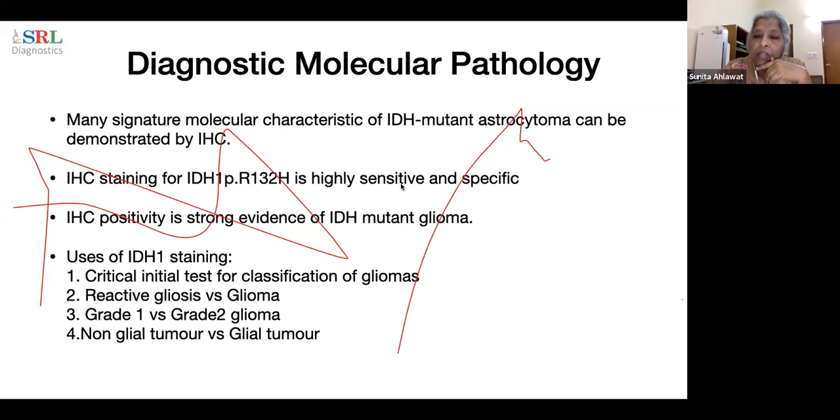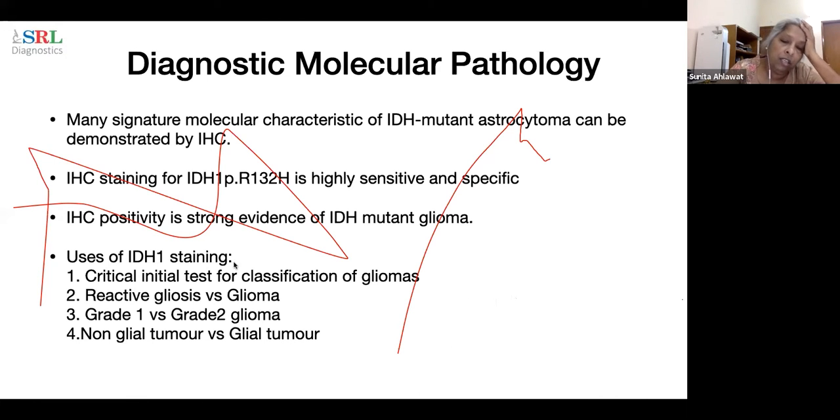This is a highly sensitive and specific marker. The IHC positivity is strong evidence of IDH mutant glioma. You don't need to go for sequencing if you get a positive IHC. This is so good. The IDH1 staining is a critical initial test for classification of gliomas. This helps you in differentiating a reactive gliotic process from glioma, grade 1 tumors from grade 2 tumors, non-glial tumor from glial tumor. If you have IDH positive